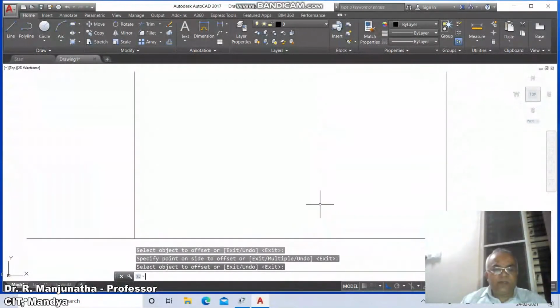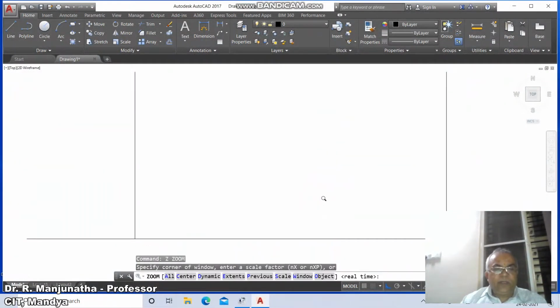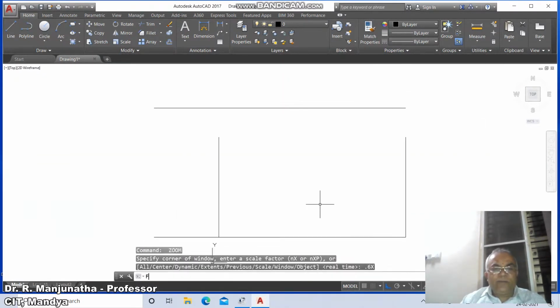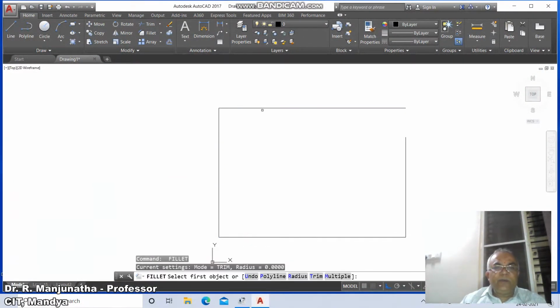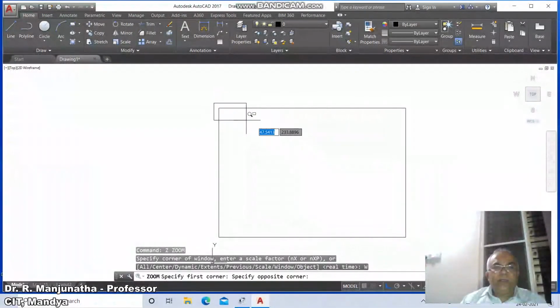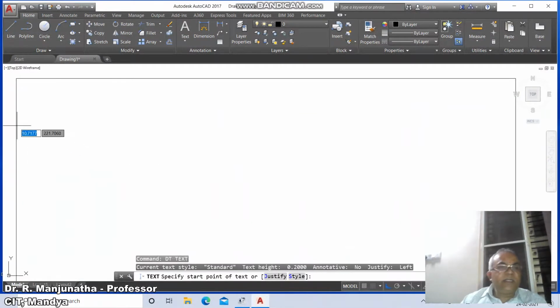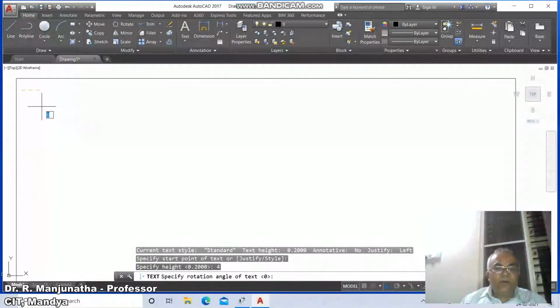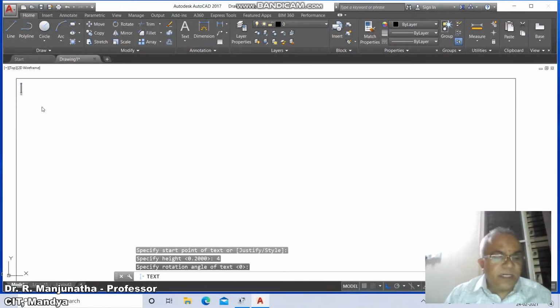Go to zoom extend, zoom 0.6x, then go to fillet between this vertical line and this horizontal line, again fillet between these two, and these two. Then go to zoom window, then come down to dtext, take the dtext command, specify start point, select some point, switch on the caps lock and take the specify height as 4, rotation angle as 0, type the problem number 111, then go